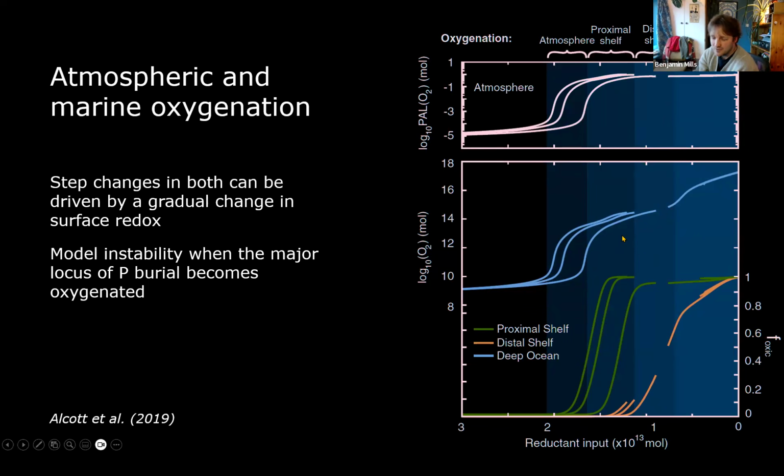If you start removing phosphorus from the system, the immediate thing that happens is that you cut off productivity. Now, if you cut off surface ocean productivity, you cut off your sinking flux of organic carbon, you're just going to lead to more oxygenation because you don't have all that reduced material to power respiration. So you can drive this kind of catastrophic oxygenation of the water column just by gradually feeding it more and more oxygen. So this is kind of the opposite of an OAE, an oceanic anoxic event.